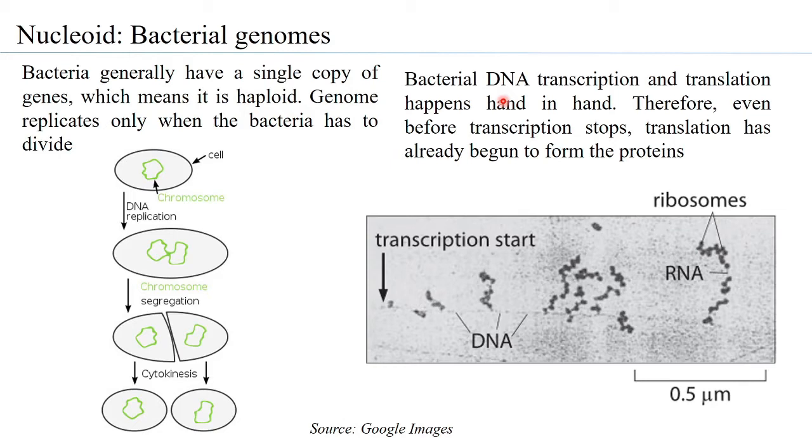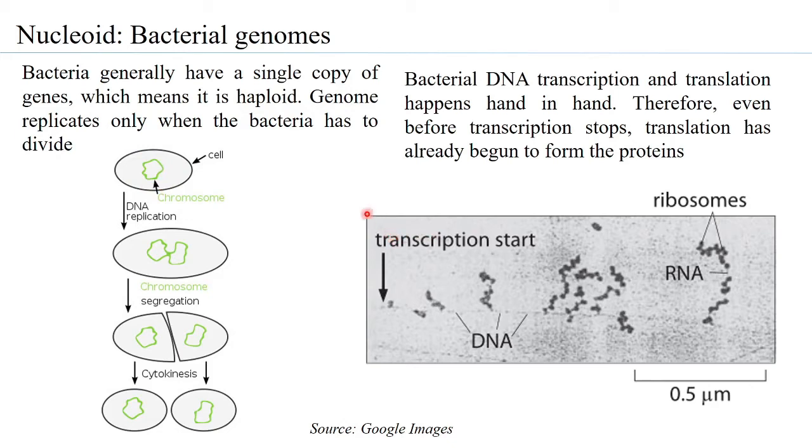So therefore, an observation that is very clear is that the closed circular DNA is present in the nucleoid region, and the nucleoid is a structure which does not have a nuclear membrane. That is the reason why prokaryotes are termed prokaryotes: pro meaning before and karyon meaning nucleus, that is, without a nucleus. So therefore, all bacteria are prokaryotes. They do not have a nuclear membrane around the closed circular DNA or around the genomic DNA, unlike